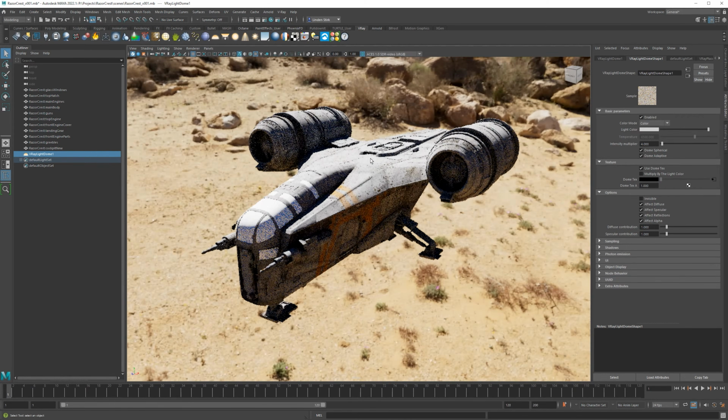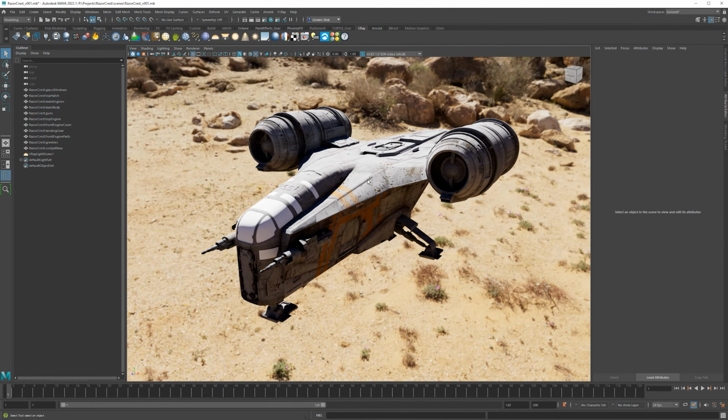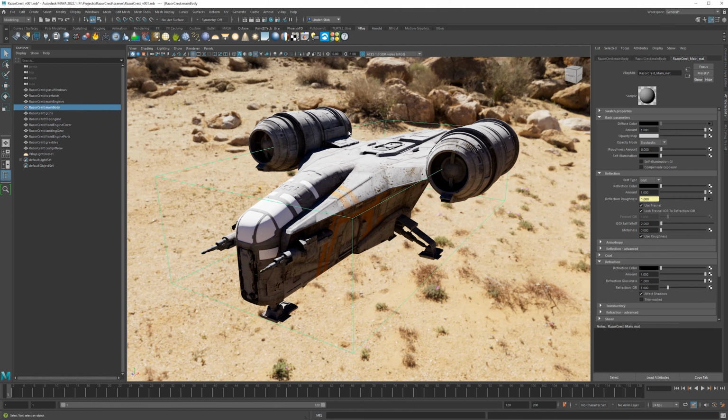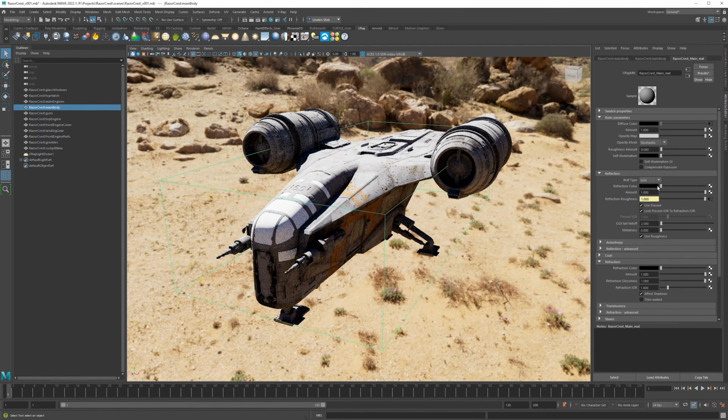Anyway, we don't have any reflections, so we need to change that. So we can just select this, and it's great that you can see it in the viewport too, which is good. But by default, the reflection color is black, and that's incorrect. It needs to be something, for PBR, it needs to be 100% white. Now, there are workflows where you could set this so it's not 100% white, but then you're not using PBR anymore.